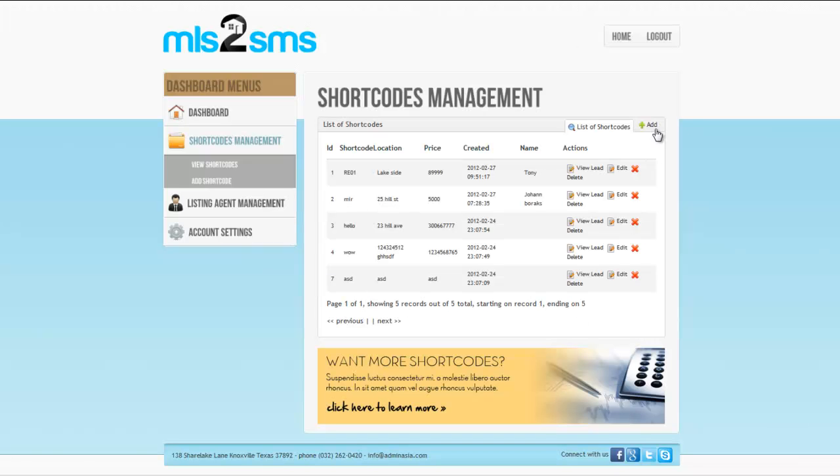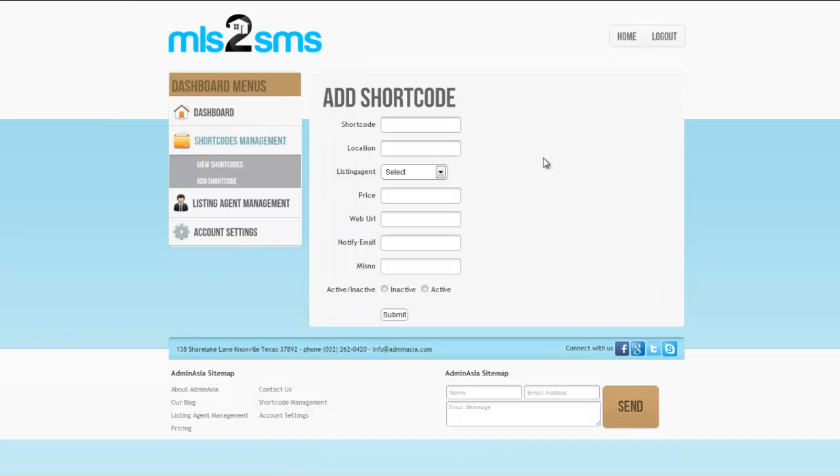Same thing with the short code management. In this case, we're going to do it up here. We're going to hit add, and we can make a short code. We're going to put it down for Treehouse, the location, Oak Avenue. The price, we're going to make it $5. Not very much commission on $5, but